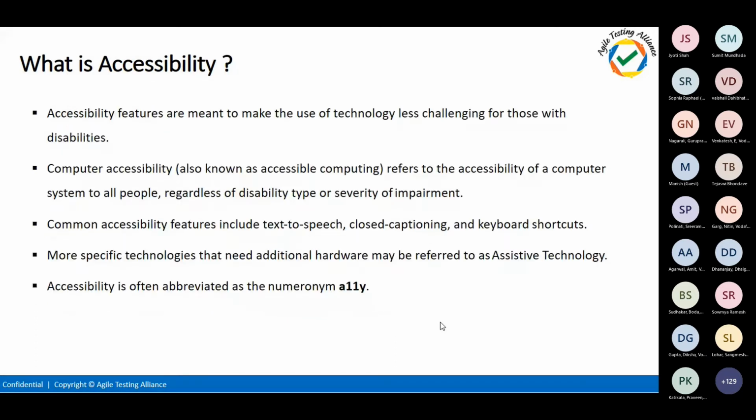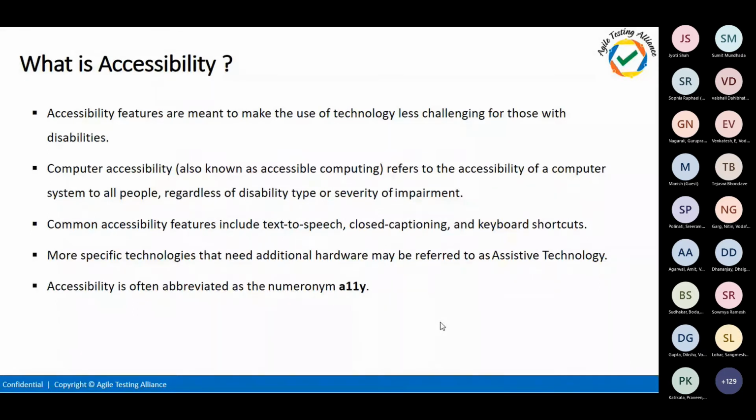So when we talk more about accessibility, it becomes more challenging for people with disabilities, and when we have lots of data around the internet, it also makes it hard for them to understand what data needs to be shown to them. Even when we open a blog, we used to see lots of ads around the blog, and we need to close them in multiple places to see the contents. So how we can make the right data reach the specially abled person is something we need to think about more.